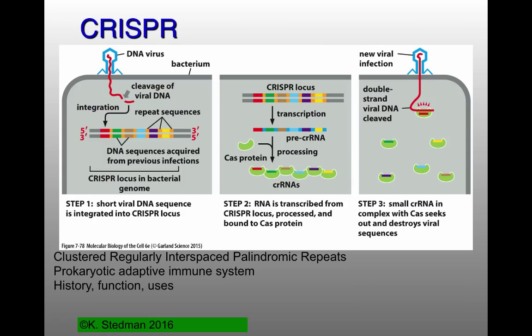Most of George's lecture, he talked about CRISPRs, the clusters of regularly interspersed palindromic repeats. These are DNA, which provide defense against viral invaders in bacteria and archaea, but have now been used for genome engineering in eukaryotic cells. So the process, you have a virus which releases its DNA inside the cell.